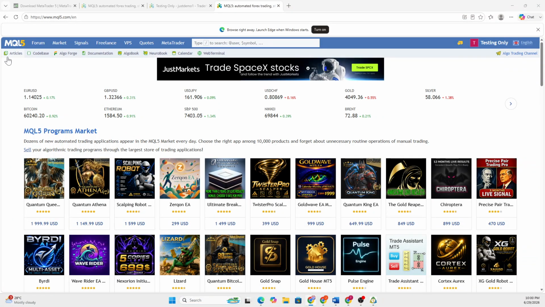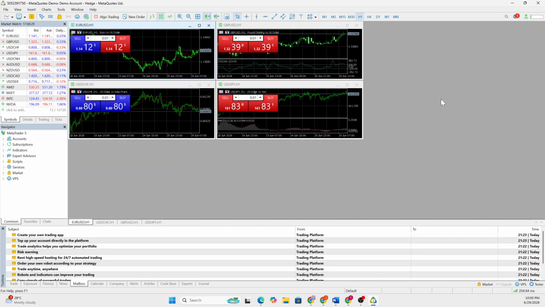In today's video, I will walk you through how to switch trading accounts on MetaTrader 5. To begin, make sure you have the login credentials for the trading account you want to use. To log into a different trading account, go to the top left corner of the MetaTrader 5 platform and click